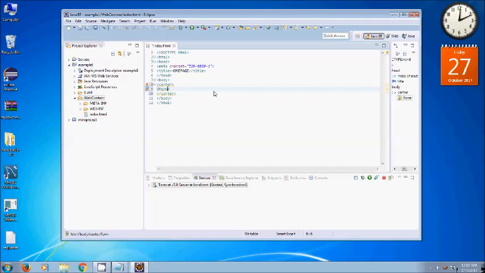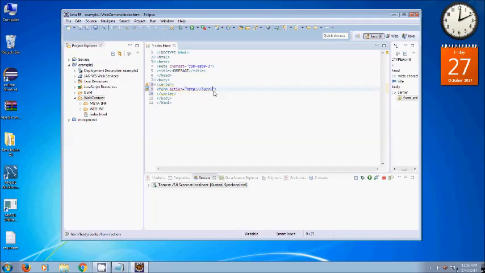So use the tag form, and inside that use this attribute called action. Now this action tells the HTML file to which file it should send all the data. Like I said, you need to send it to a JSP file, but you need to give a full address to where the JSP file is located. Since this is located on the localhost of Tomcat server, we'll have to say http